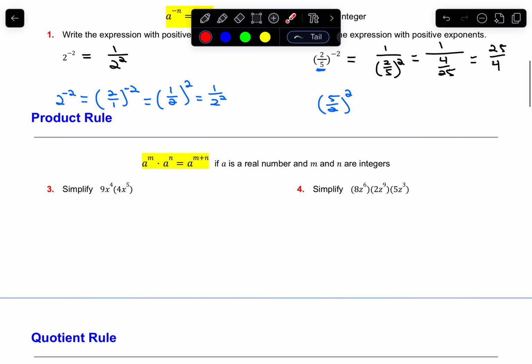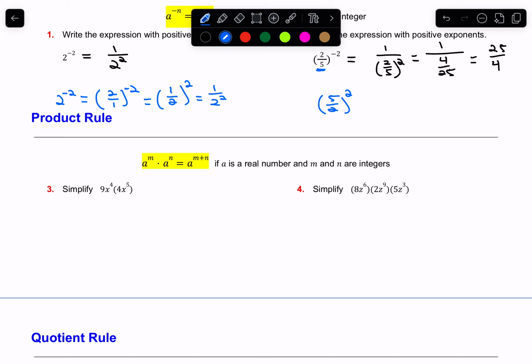All right, product rule is next. When you have two things that have the same base, so a and a are bases, raised to exponents, and you multiply them together, you add the exponents. So it's called the product rule because we're multiplying two things with exponents, and when we do that, we add the exponents. So when we want to simplify 9x to the 4th times 4x to the 5th,